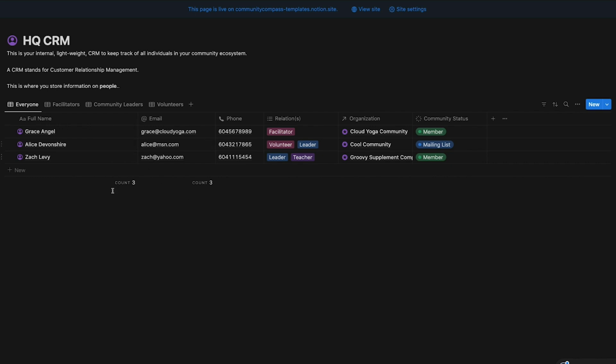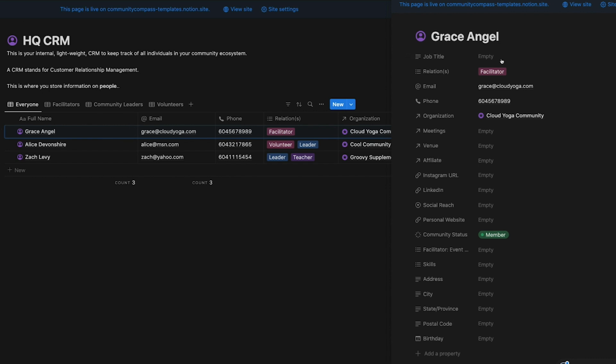So in this example, we just have 3 people in our CRM to keep it simple. And I'm going to pull up Grace Angel as an example. So Grace, we can tell, is a facilitator, and she is associated with the organization Cloud Yoga Community. There's a bunch of other properties there that we could add to. For example, we could add a meeting here. Let's say we had a meeting, we could add that there. And perhaps if Grace is associated with a location, like sample location 1 in this case, we can add that